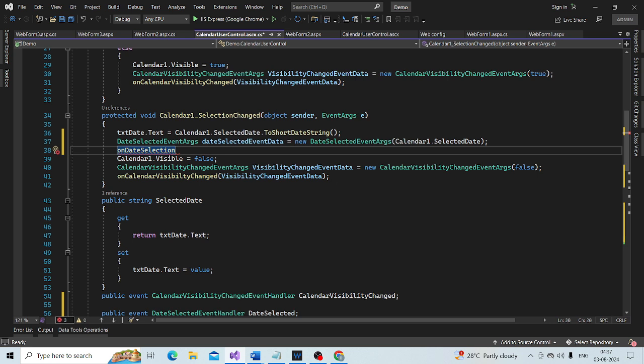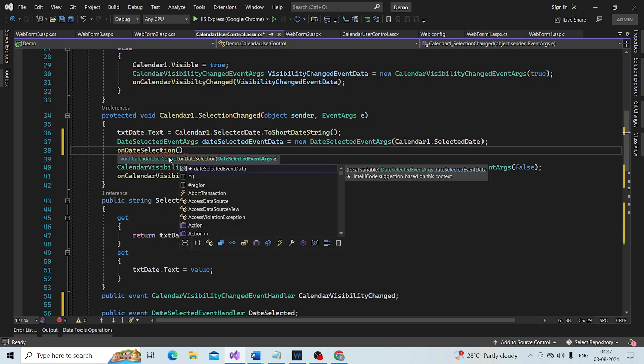This method expects an object of type date selected event args, which we have here, and we are going to pass that there: date selected event data.